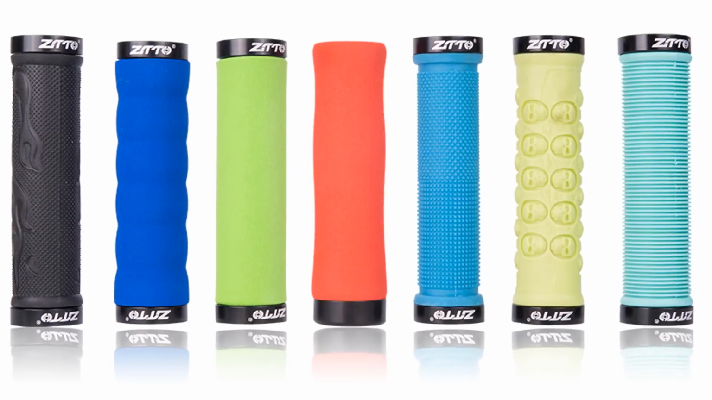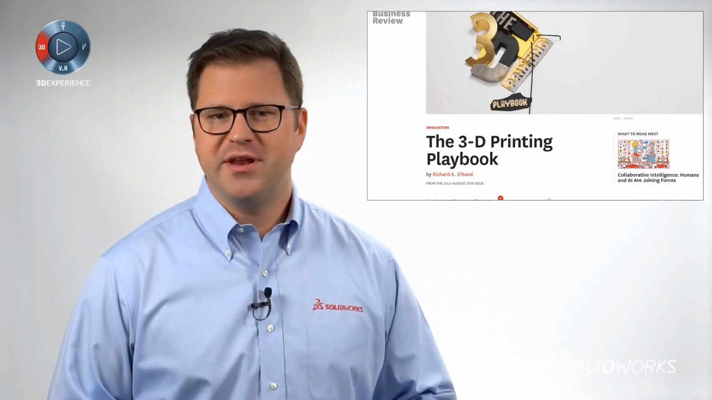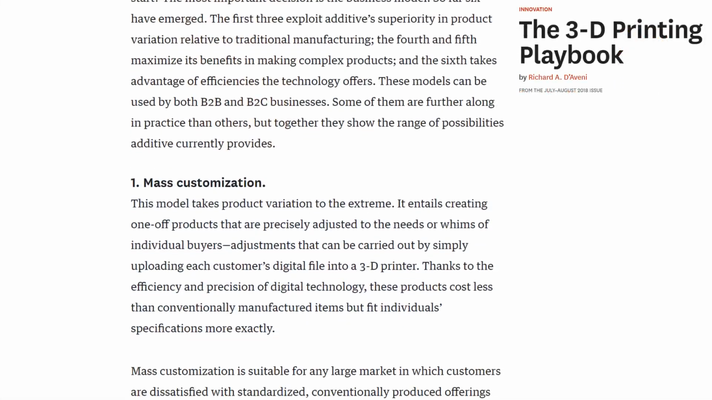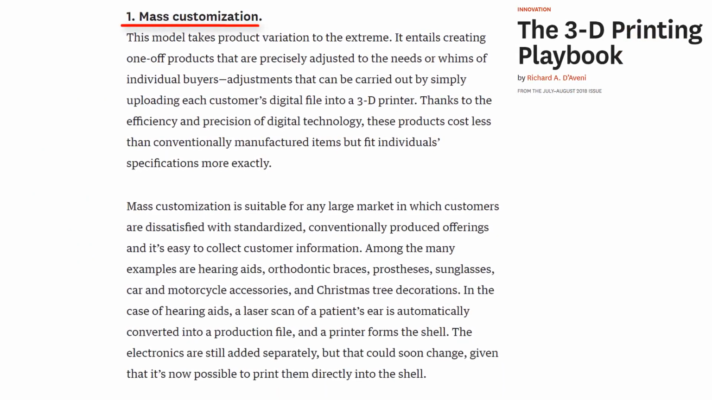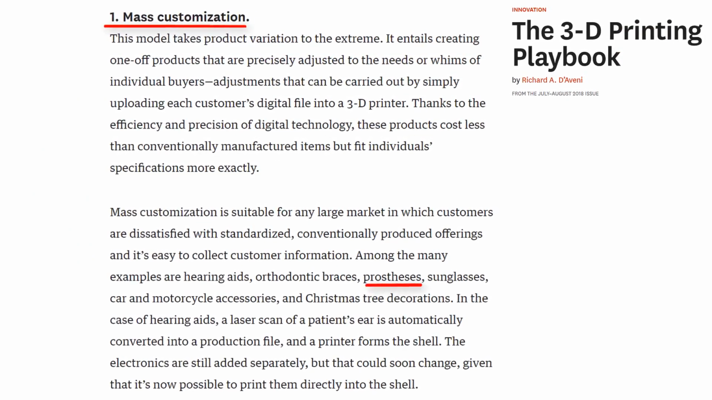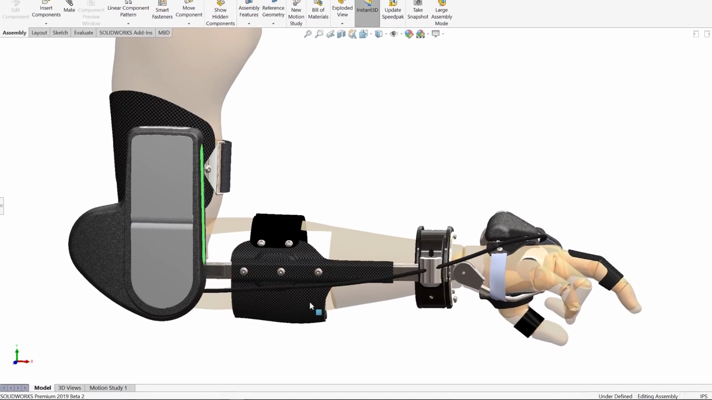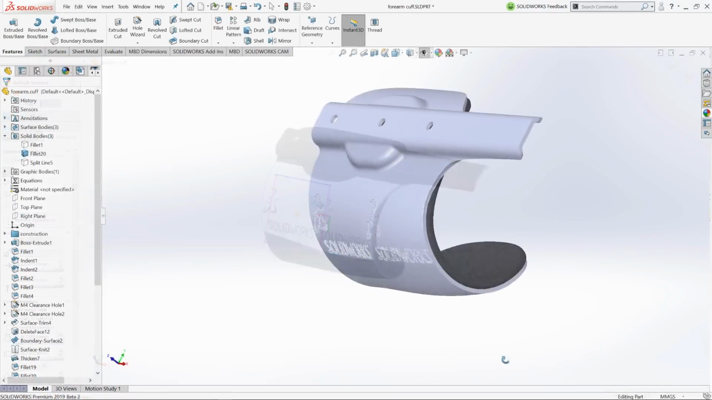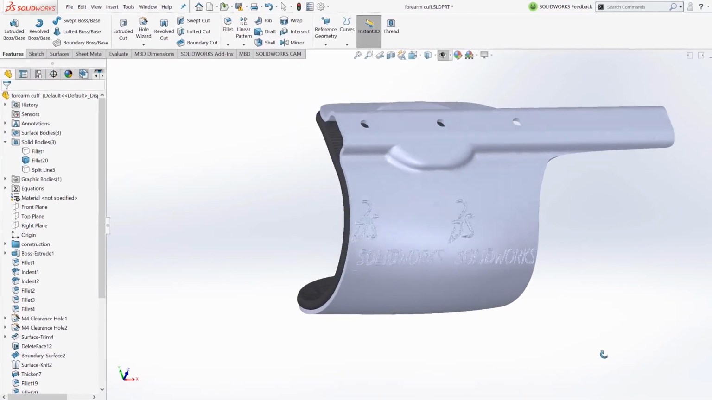Think about prototyping creative options. Emerging 3D printing business models could be enhanced with this functionality. For example, mass customization, which is one-off products precisely adjusted to the needs of buyers. Remember the Myomo orthotic from SolidWorks 2017 launch? A component like this armband might be printed for each patient, so we might as well add our logo and